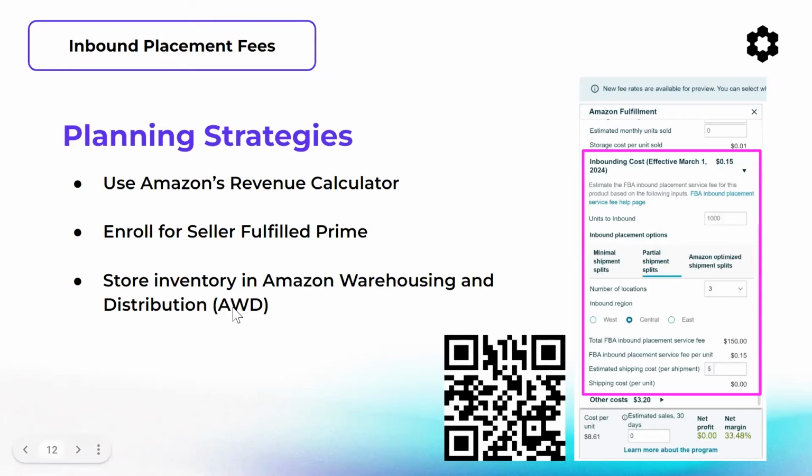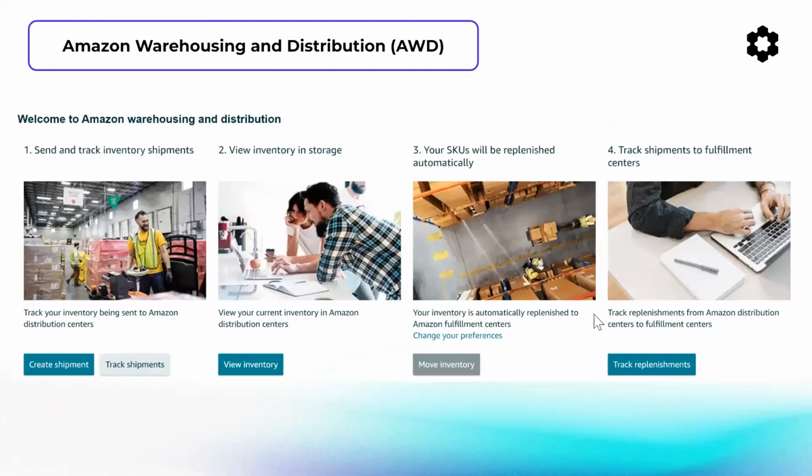So for the AWD, that's the Amazon Warehousing and Distribution, I have mixed feelings. My personal opinion, mixed feelings. This program will be a huge tool for your profitability. It will make you save thousands and thousands of dollars if you only use FBA in your business. But at the same time, the things that are not the best for the program is that